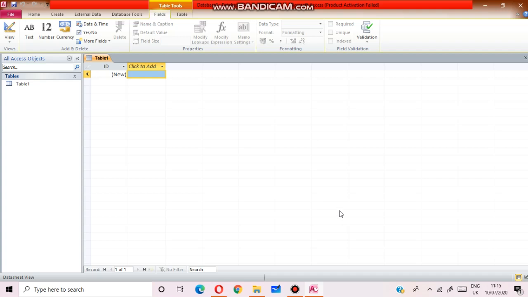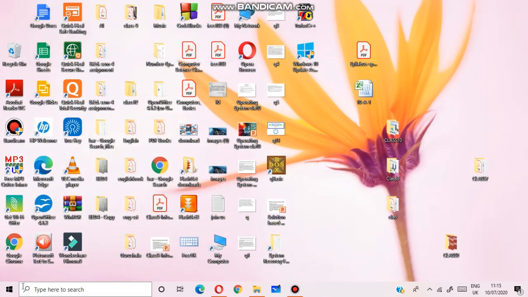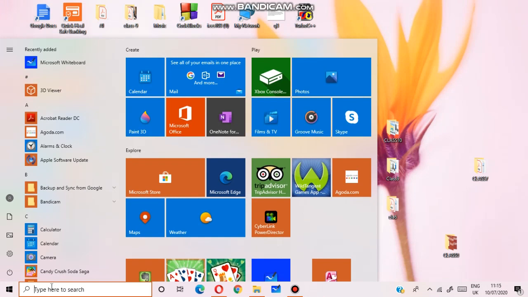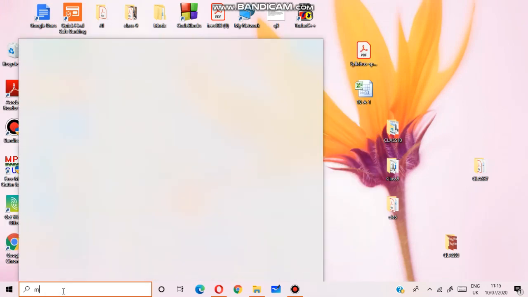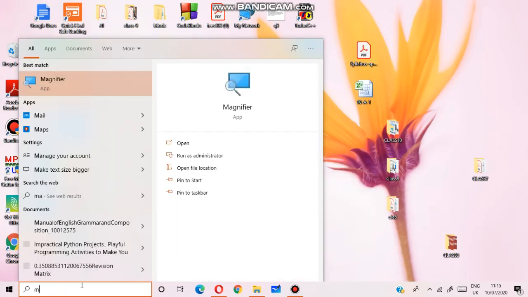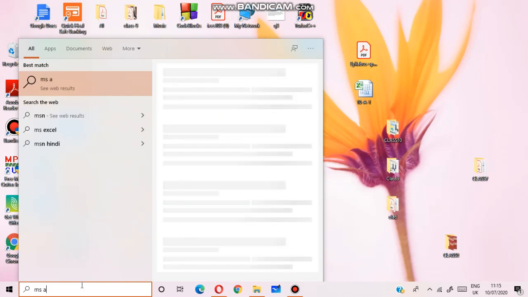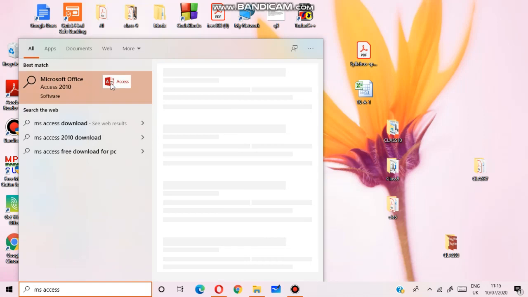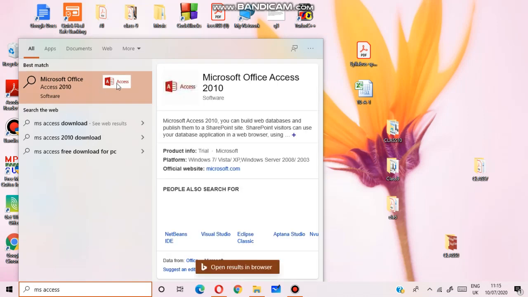First, you need to know how to create a database. First, what will you do? You will start MS Access. Now here you can see MS Access.